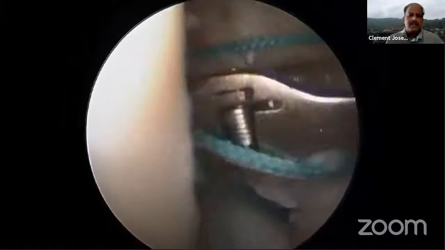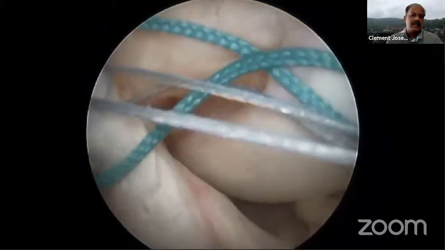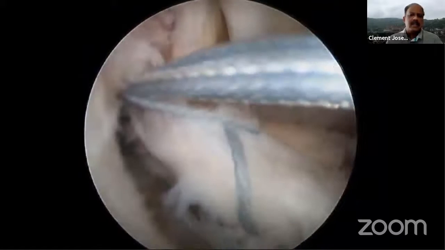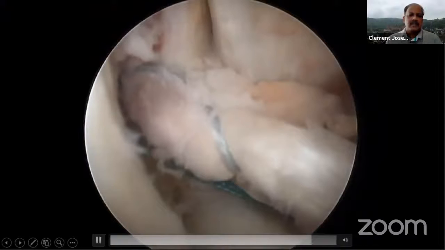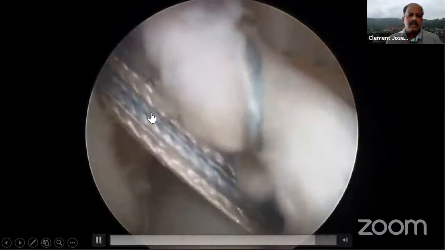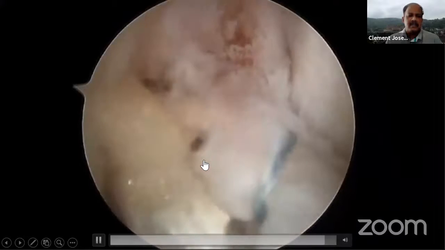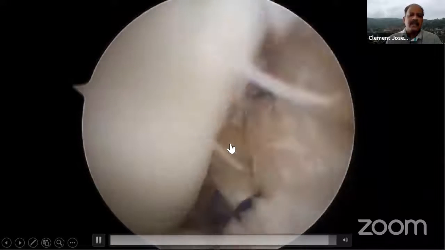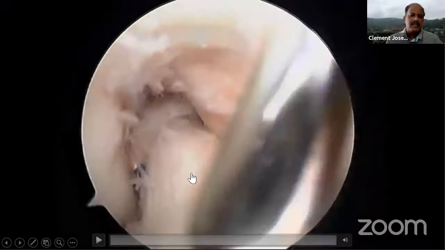The multiple passes will help prevent cut through. If you are using a single pass, sometimes it can easily rip out of the graft. Now, the number 0 fiber wires which have been passed through the ACL stump are taken out through the tunnel, and using the other Ethibond loop, the graft is pulled into the femoral socket. Now you have the graft which is covered by a retensioned ACL remnant.